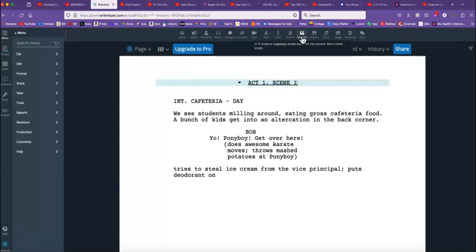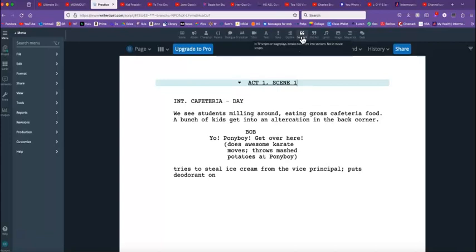So new day, it's up to you. If it's in the same set, then you don't have to start a new scene. You could describe using a parenthetical that it's the same day, but later in that day. But if it's really important to you that it's very clear that it's a different time of day, then you could start a new scene in that case.